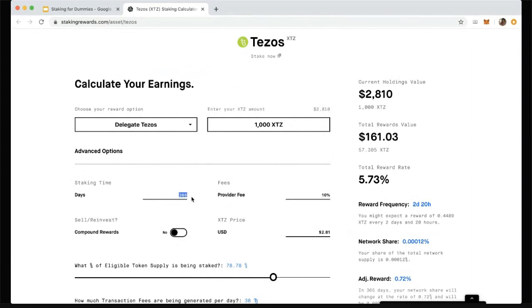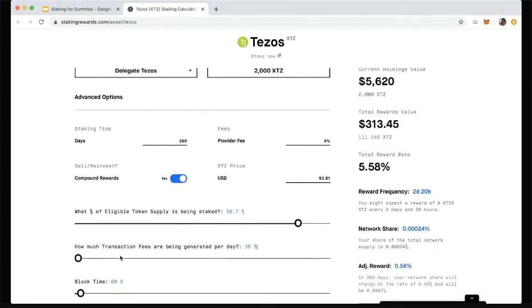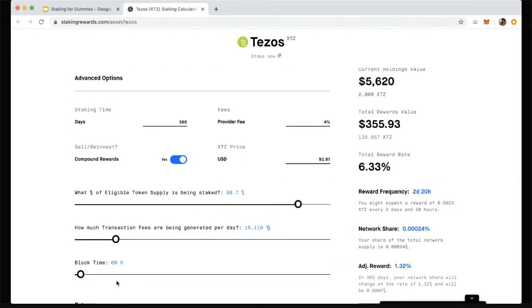But you could play around with this anytime. Say your baker charges only 4%, you're staking 2,000 Tezos, you're compounding rewards. You could play around with all of these levers to gain a better understanding of how your staking rewards would change depending on each parameter.